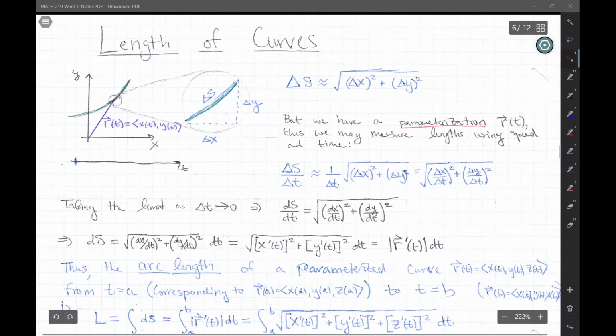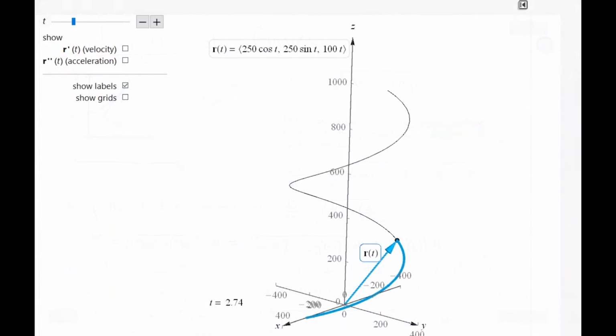So let's talk about the length of curves. Recall that if we are given a motion that looks like this, okay? So we've dealt with something that looks like the motion that you have here. If you're starting from this initial position and you move,